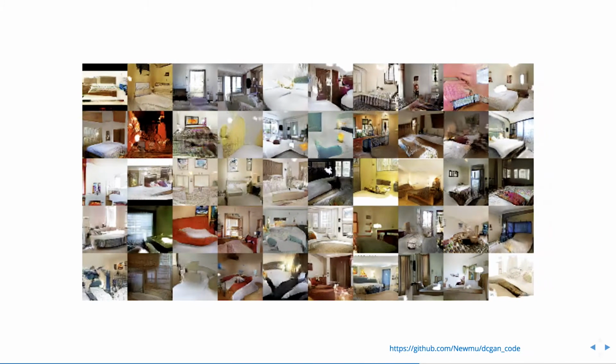But more serious research led to things like this. This is a picture of bedrooms, as you can see, and they look like bedrooms to you, right? So you would think, oh well, these are probably really small pictures taken from Airbnb or something like that. Well, it turns out every single one of these pictures has been generated by a neural network, and it's not a real bedroom. It's what they call a completely latent space of bedrooms.